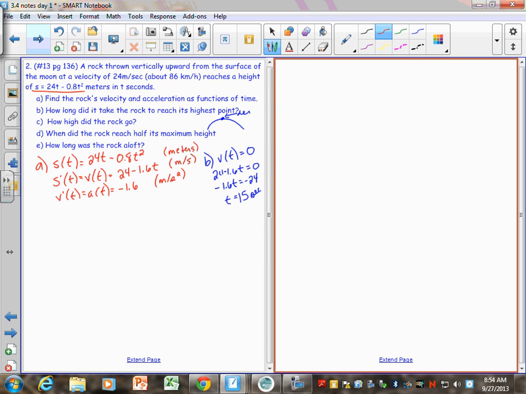If I'm talking about how high did it go, do you agree I'm still talking about that maximum point right there? Yes? So we need to find where that maximum is. If we're trying to talk about the height of the function, which equation should I be dealing with? The original one, the velocity, the acceleration? The original one. So if we want to find the max height, I better be dealing with that original function.